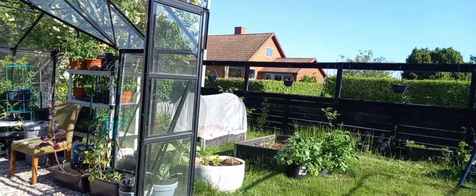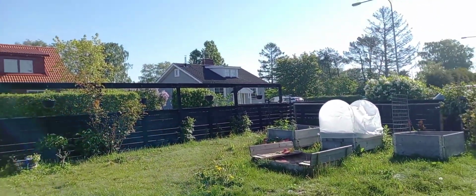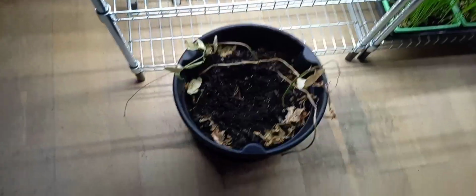It's Mother's Day in Sweden. So yeah, happy Mother's Day to me. I got to go into the garden. The saddest beans, it's fine. Oxalis,